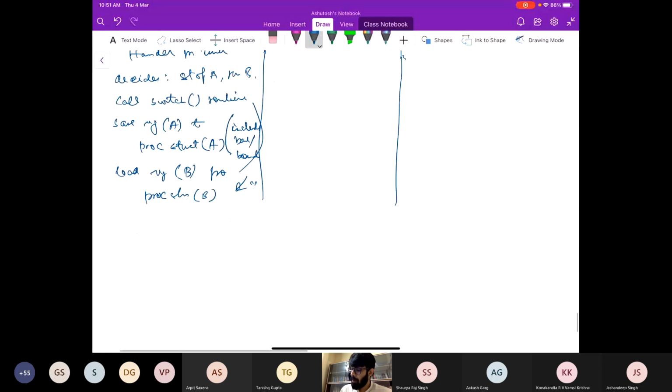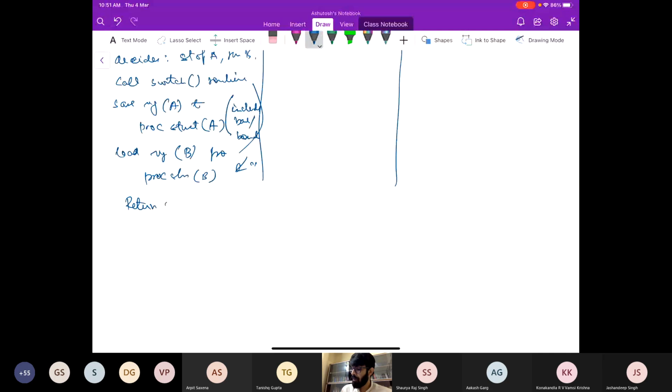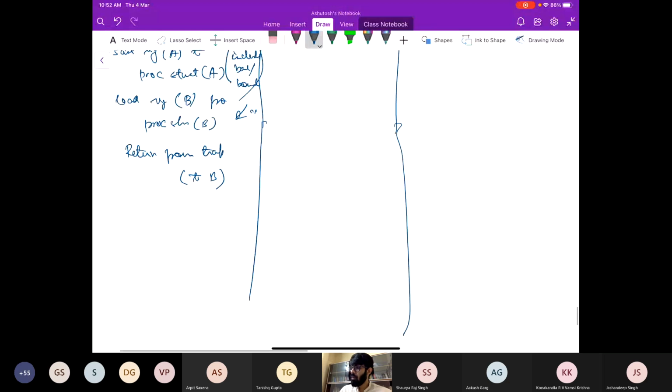Okay. And then perform return from trap to B. Now restore the registers of B. The hardware will do its job. Move to user mode, just like before. And then jump to B's PC. B runs